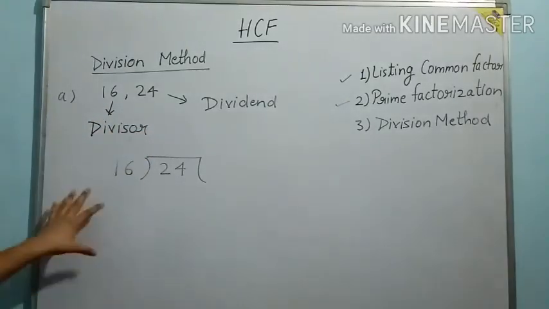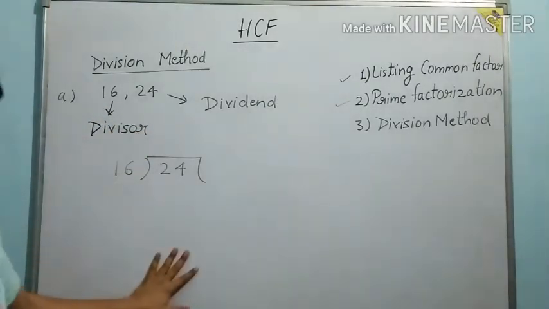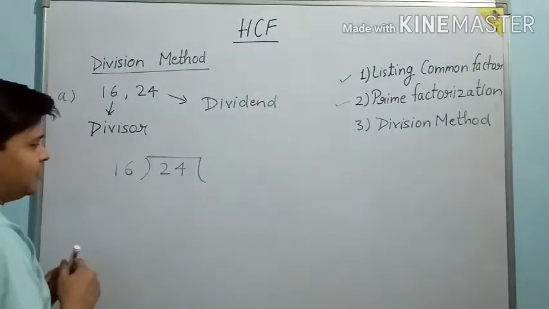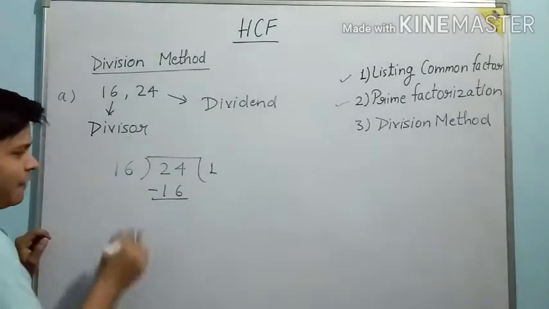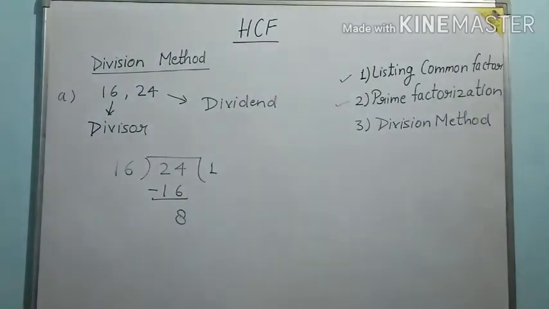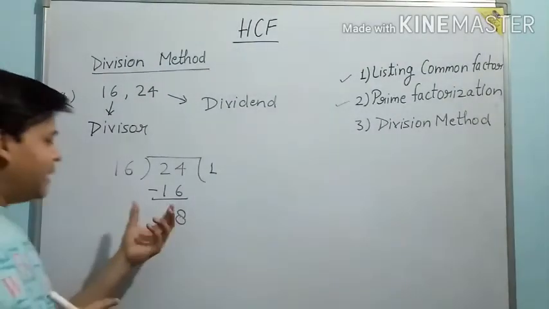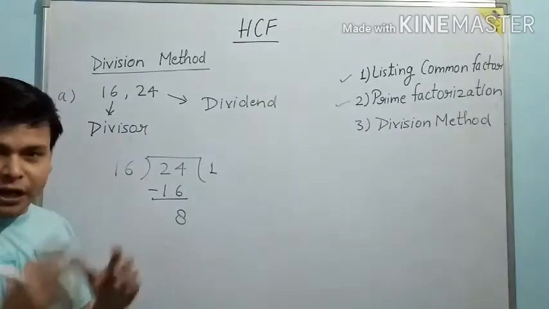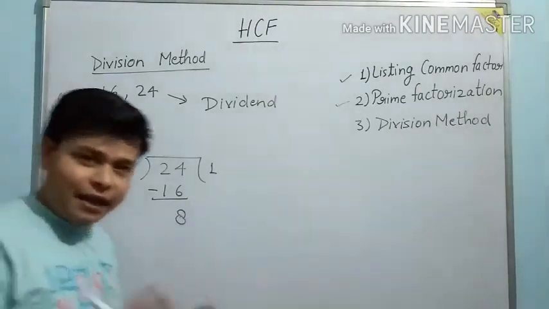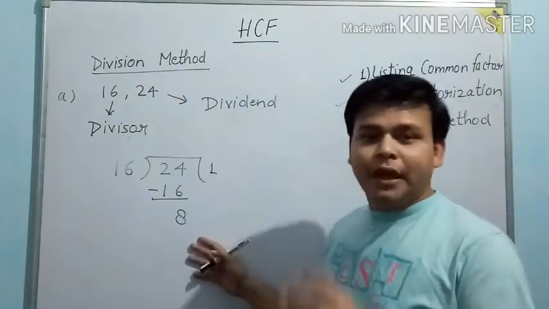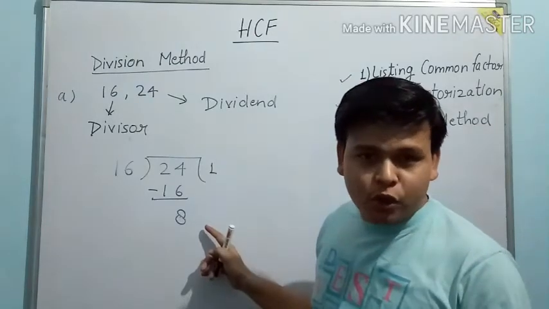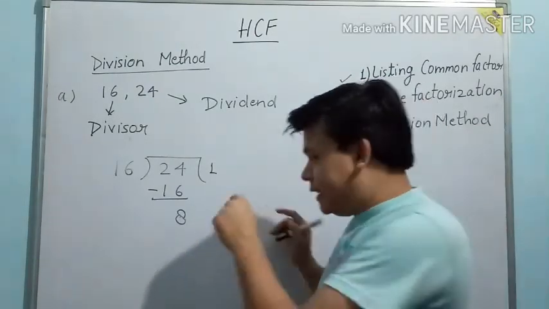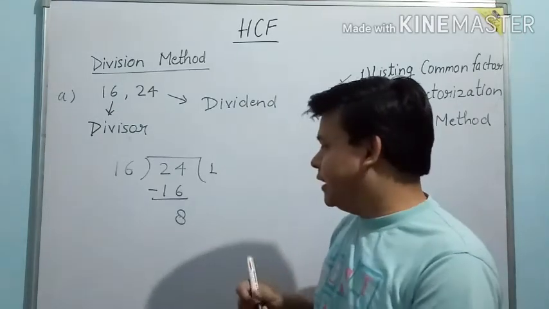Okay, आपको क्या करना है? Now simply we will divide this. First of all I am doing the first step, like 16 one time 16, and we will be left with 8. So it is done here. Now the point to be noted here is that whenever the remainder left is not 0, आप फिर से सुन लीजिए कि अगर आपने divide किया और जो remainder बचता है अगर वो 0 नहीं है, then that remainder will become the divisor.